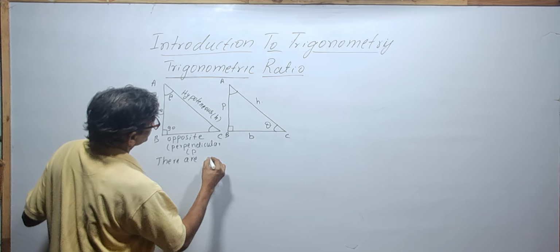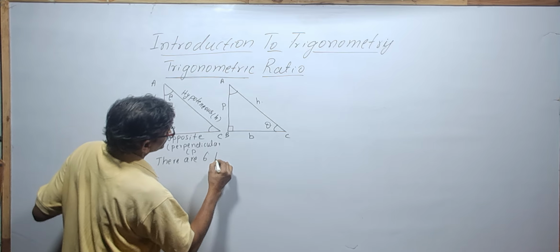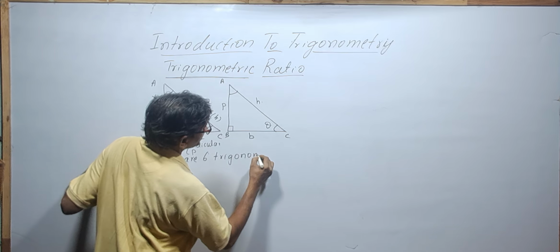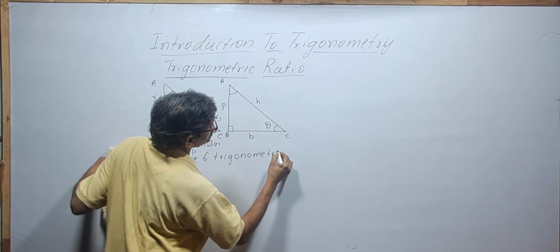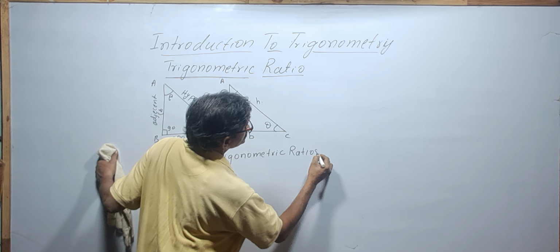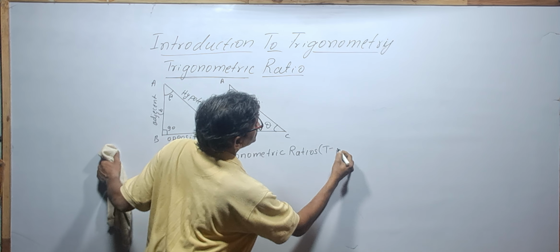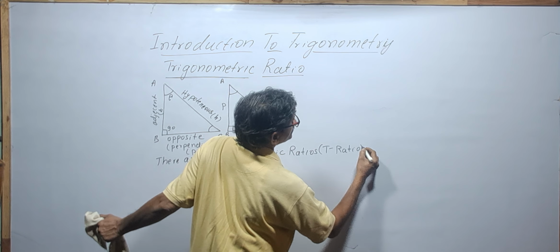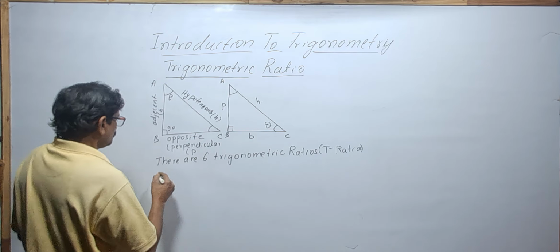There are six trigonometric ratios. Shortly, they are termed as T ratios. The first one is